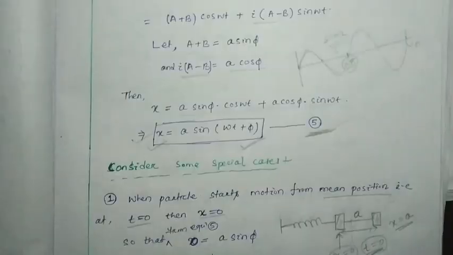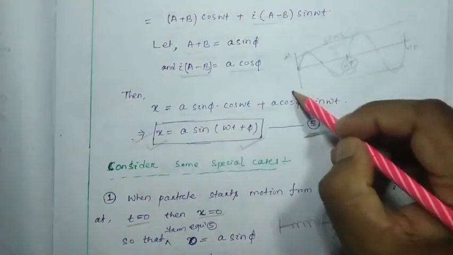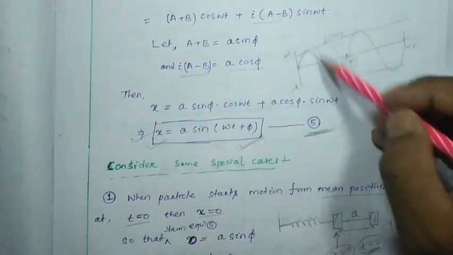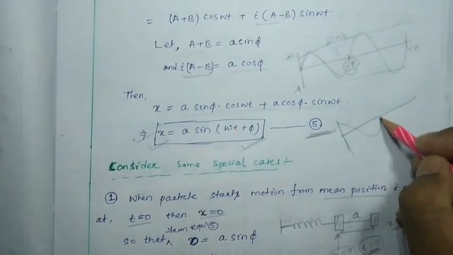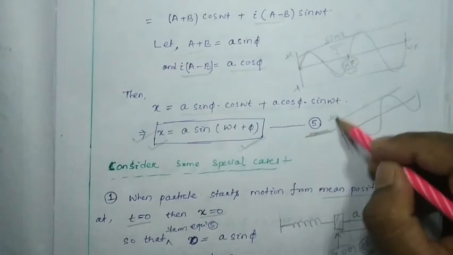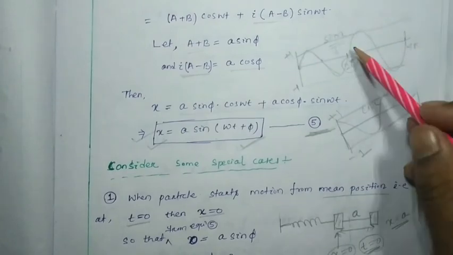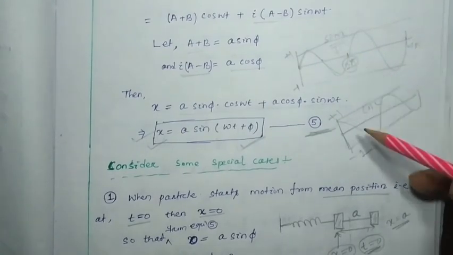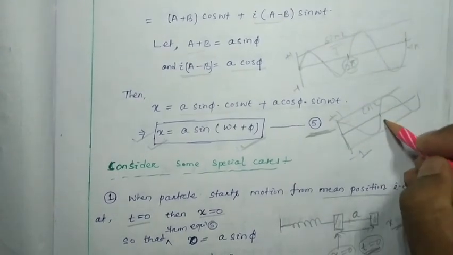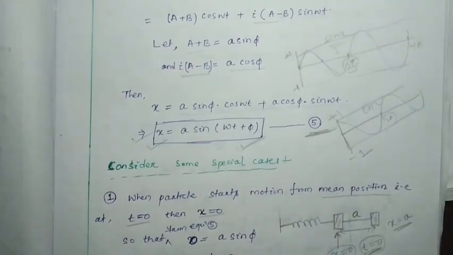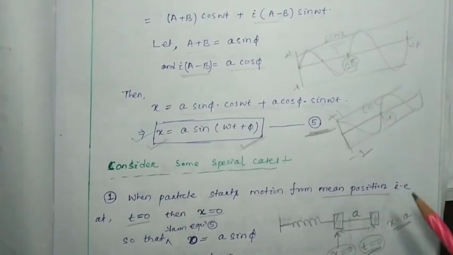As here sin x varies between plus 1 and minus 1, it oscillates between plus 1 and minus 1. Likewise cos also oscillates between plus 1 and minus 1. This is the cos x graph, this is the sin x graph. As these two functions oscillate between plus and minus with a particular period 2 pi, any oscillation can be represented with the help of sine and cosine function.